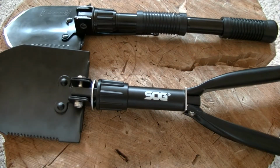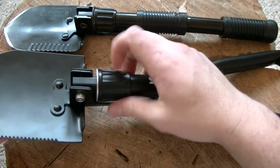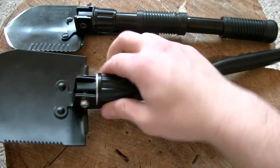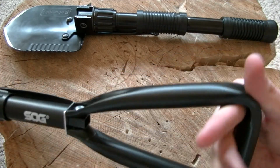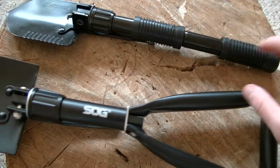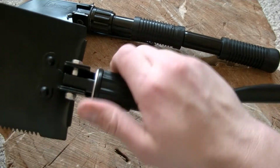As you guys can see, no screwing of the handle in, it just folds out, and when you tighten this nut up, like so, it tightens this folding juncture here with the handle. Now, I'm not in love with the handle. It's a little bit too small, and I'm just not sure it's as good as being able to grip something like this. If we screw it back into that useful configuration that I said we have,